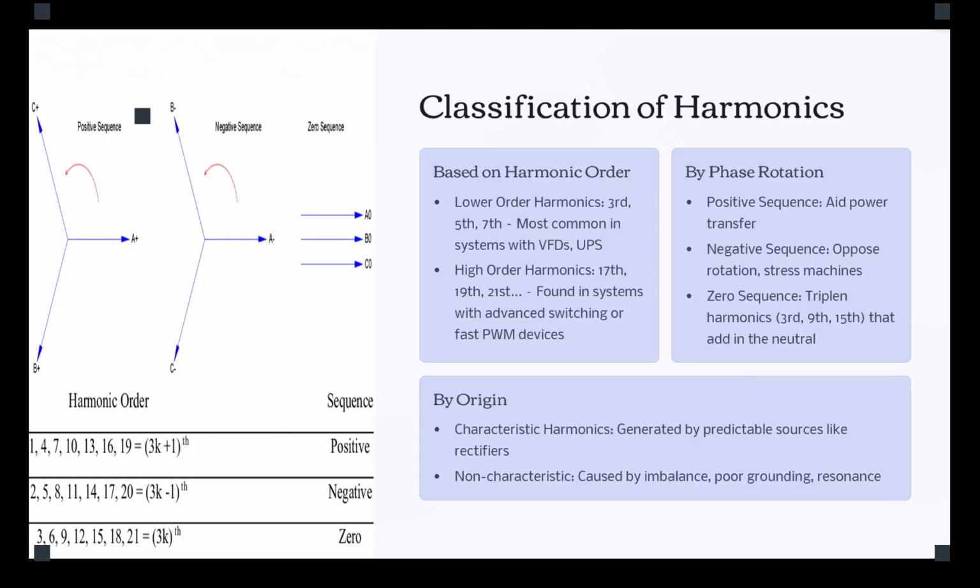Now, the harmonics can also be classified and grouped by their phase rotation. In a three-phase system, we have three types of sequence: positive sequence, negative sequence, and zero sequence. Positive sequence is when the three phases rotate in the order A, C, B. This is positive sequence. Now, if it rotates in the order A, B, C, it is negative sequence. If it doesn't rotate at all,